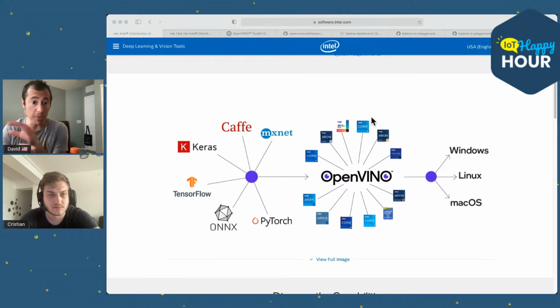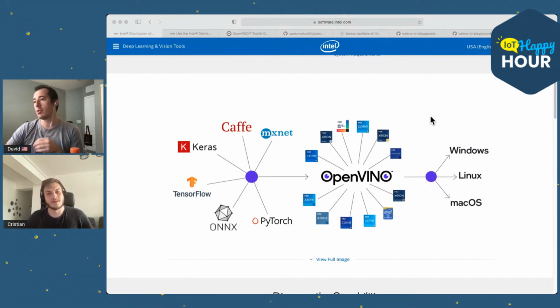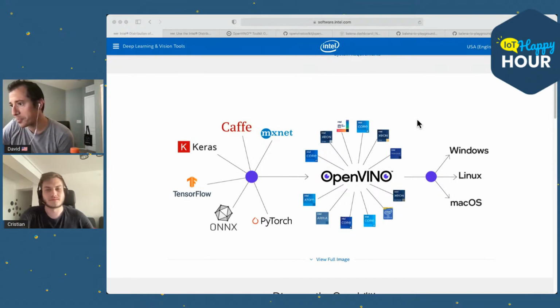And Christian, you can stop me at any point if I get something wrong. Feel free to dive in, interject, tell me no, you're wrong. The OpenVINO piece of the puzzle is for the building of the model, training of the model, and deploying of the model. And you can see it can be deployed to Windows, Linux, or Mac. What your target endpoint is, your hardware, is up to you.